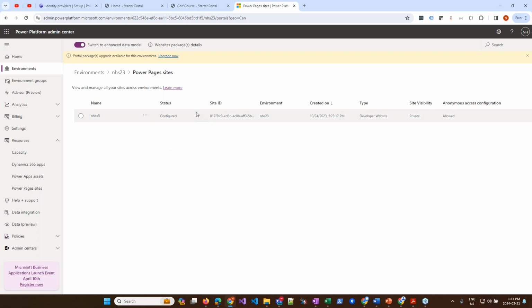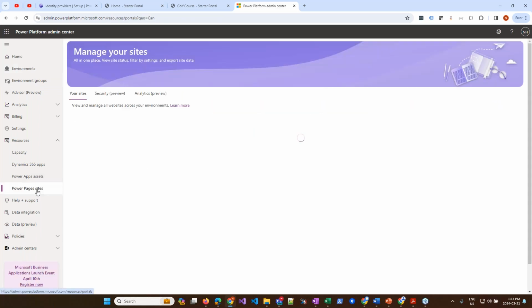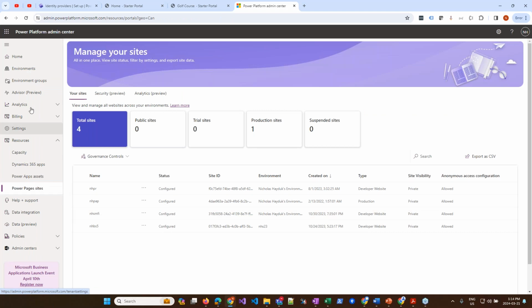This is useful, obviously, if you're in an organization with lots of Power Pages sites and lots of Dataverse environments. For the most part, we're dealing with organizations that have a little bit less, so it's a few extra clicks to get there this way. So for the most part, I'm going through this way. And so when I click on Power Pages sites under resources,